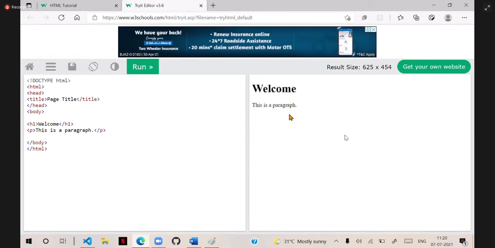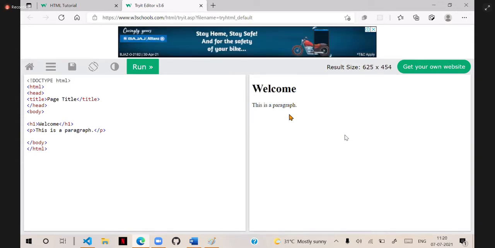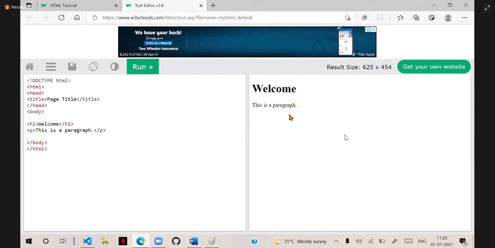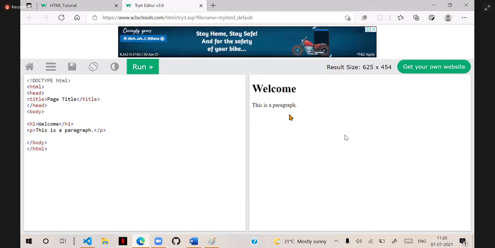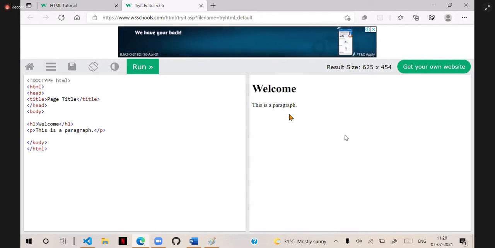That means it initially looks the same, but is it responding the same to everyone? It may look the same, but is it responding the same to everyone? No, it will change. Then it is not a static page. It is a dynamic page.